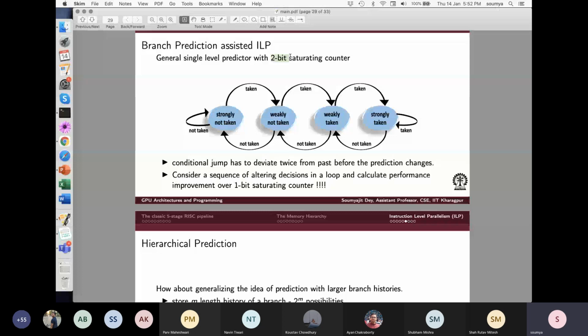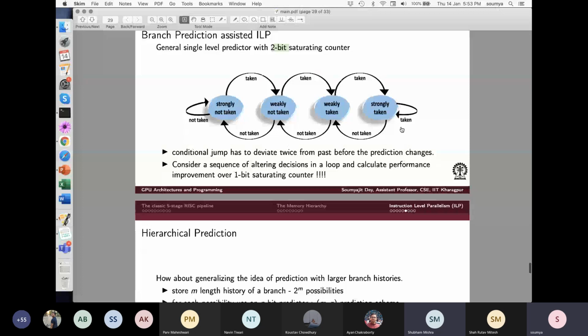What does 1 bit mean? I will repeat whatever I did earlier. Suppose last time the actual decision was to take the branch. So this time I will predict that I will take the branch. But eventually I will see whether I really have to take the branch or not, right? If I see that my decision was wrong, then I will roll back and set the bit to say that the last decision was not taking the branch. So the next time when I predict, I will say that I don't take the branch. That is a simple 1-bit branch predictor. Is that clear with everybody?